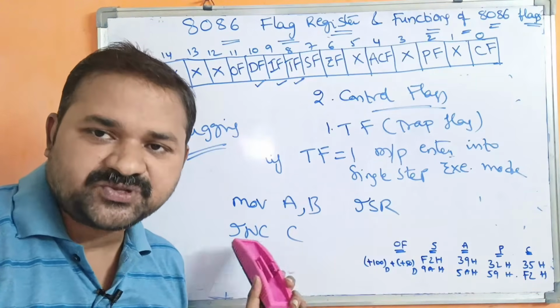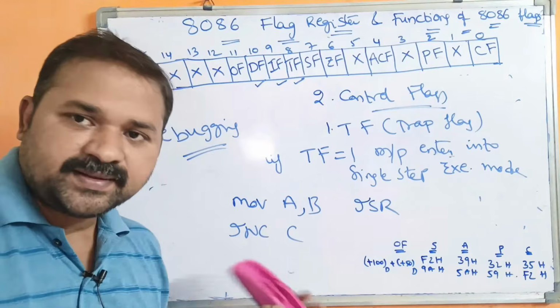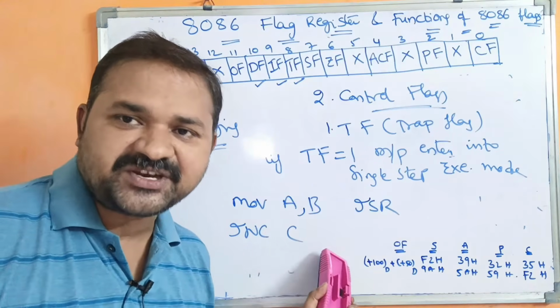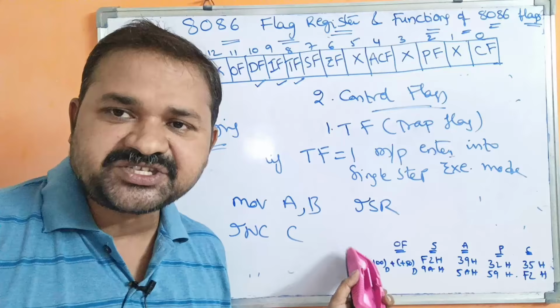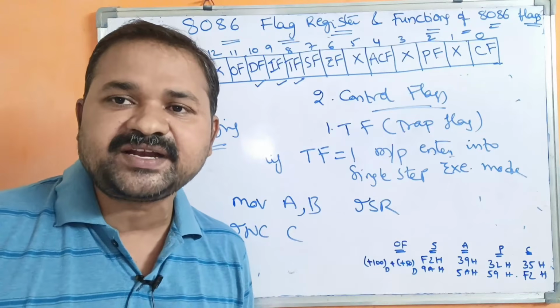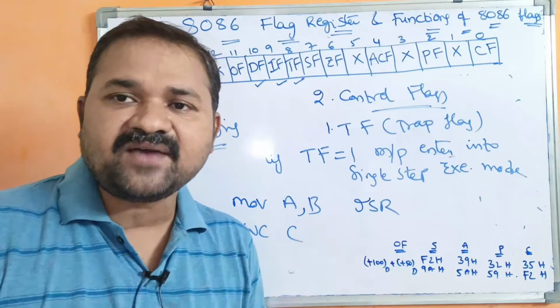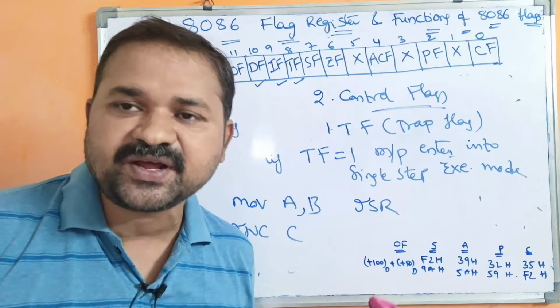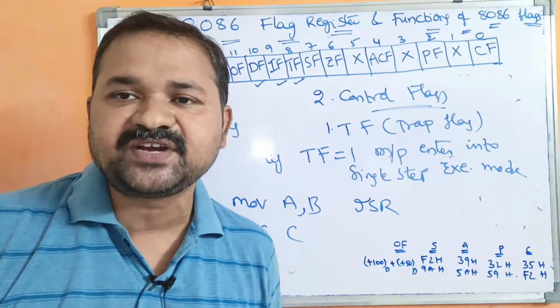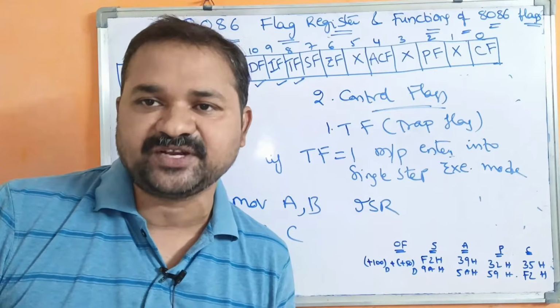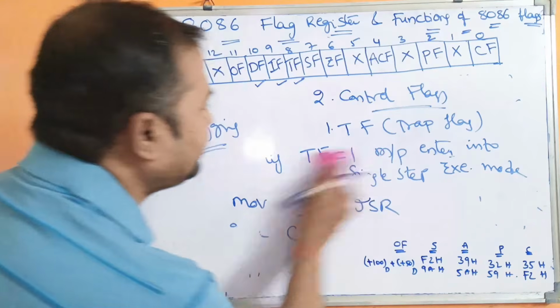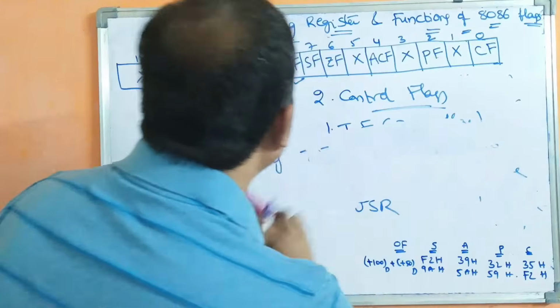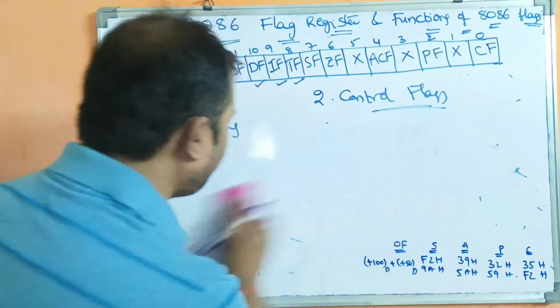once again the processor comes to the program. So the processor executes the second instruction. After executing the second instruction also, the trap flag will be generated. So whenever the trap flag is generated, the processor stops the execution of the currently running program and the processor control is shifted to the ISR, the interrupt service routine program.